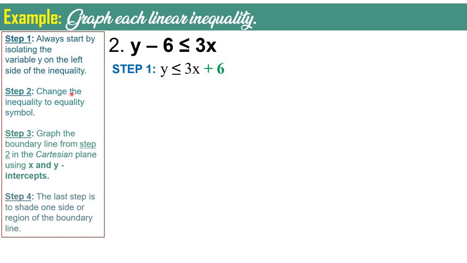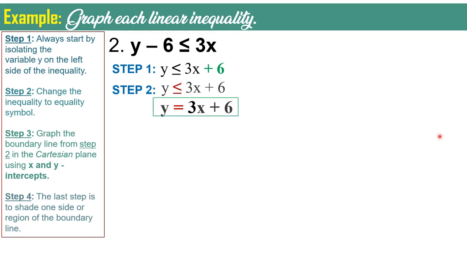Then, after that, proceed with the second step. Change the inequality symbol to an equal sign. So here, we have this inequality now. Change it into an equal sign. Now we have y is equal to 3x plus 6. Then for step 3, we will use this equation, y is equal to 3x plus 6, to solve for its